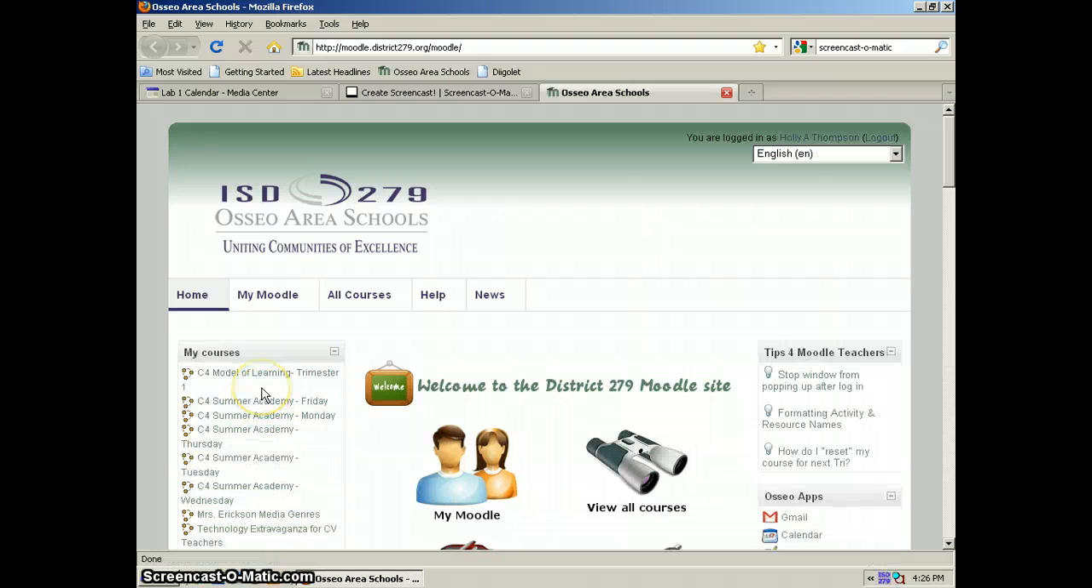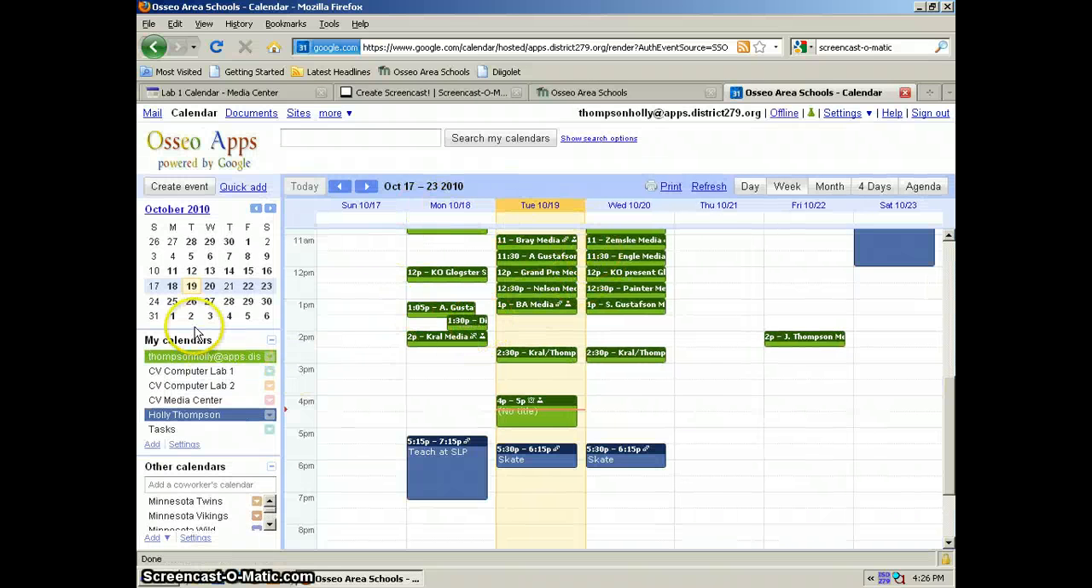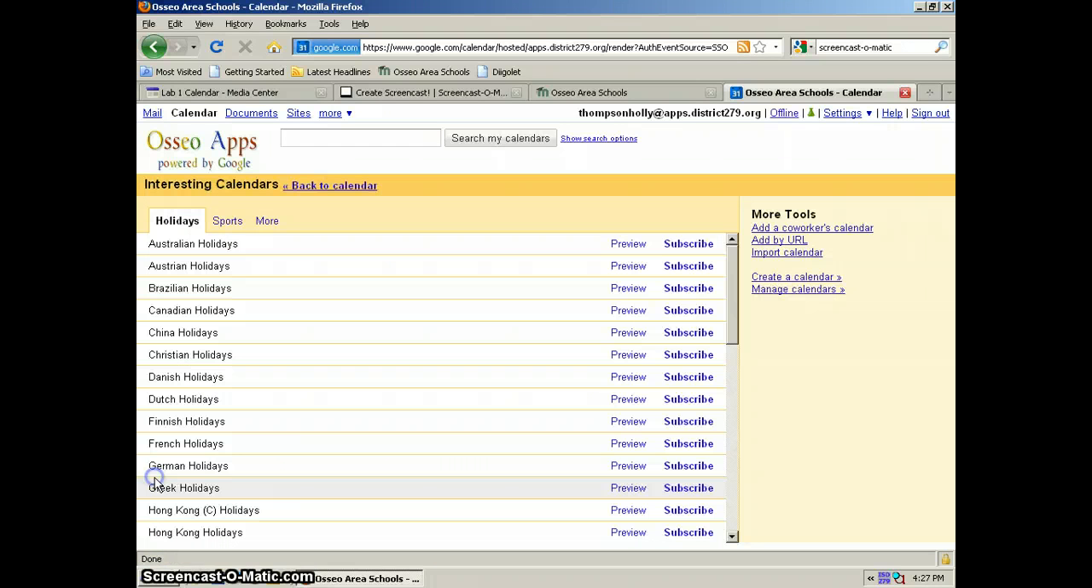The first time that you do this, you need to add the 3 calendars to your page. So you open your calendar, and as you can see, I have all those calendars added to my page, and this is how you do it. You go down to Other Calendars, and you click Add. Then you click Browse Interesting Calendars, More,